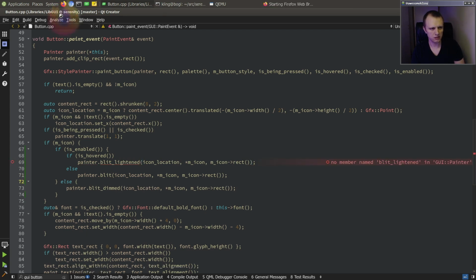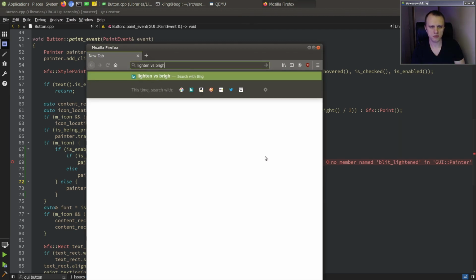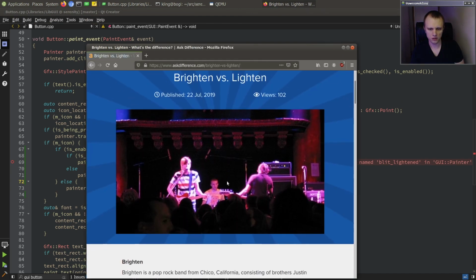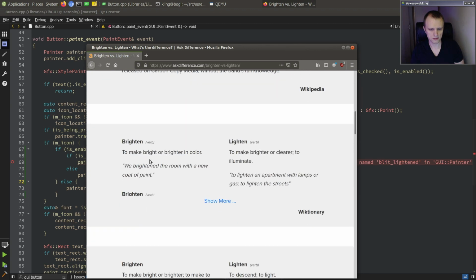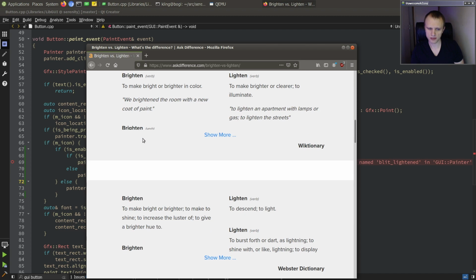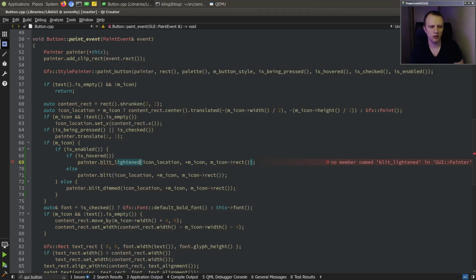Lighten or brighten. Which one is better? Lighten versus brighten. What is the difference? What is the difference indeed? To make brighter in color. To make brighter, clear, to illuminate. Brighten feels better. Yeah. To increase the luster of. Yeah, we want brighten. Blit brightened. So